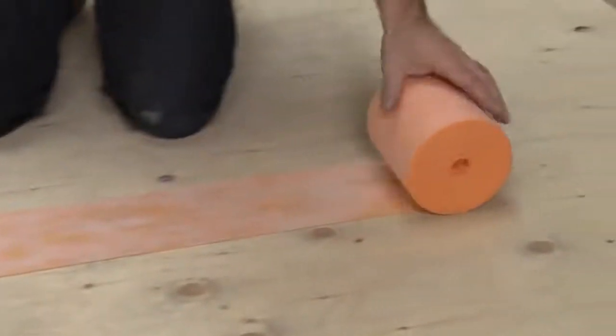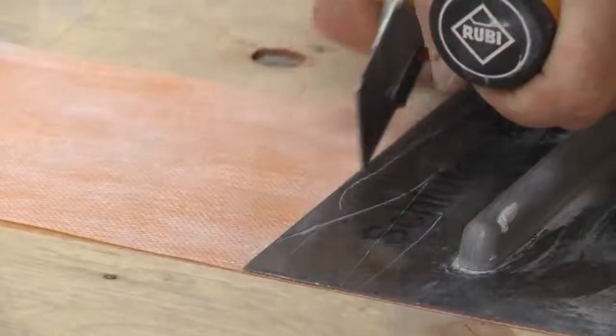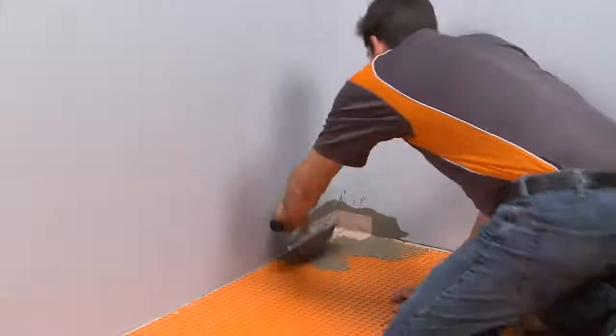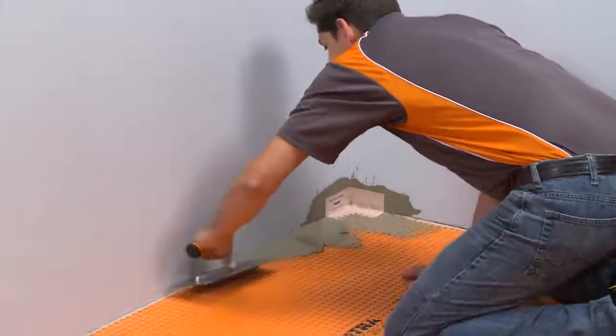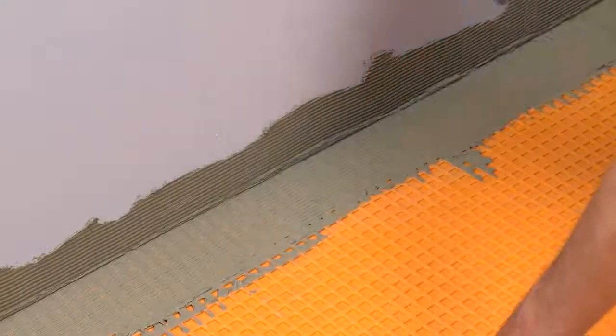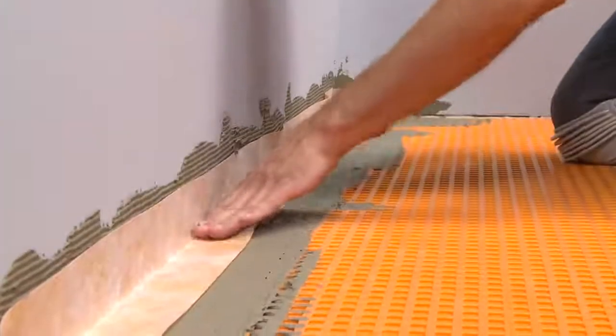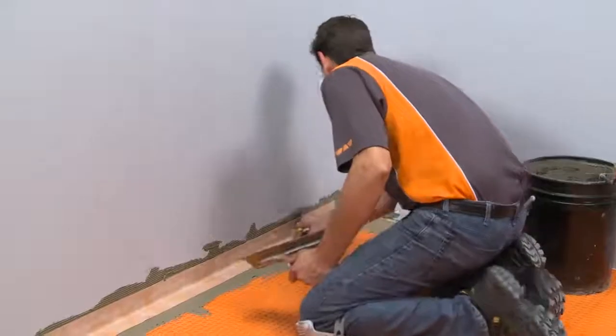Schluter-DITRA band waterproofing strips are used to seal seams and floor-to-wall connections. The band may be creased prior to installation to help maintain tight corners and simplify subsequent tile setting. Apply thin-set mortar to the area where the DITRA band is to be installed. Embed the DITRA band in the thin-set mortar using the flat side of the trowel to ensure full coverage and